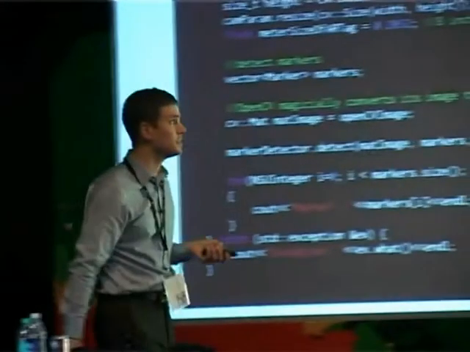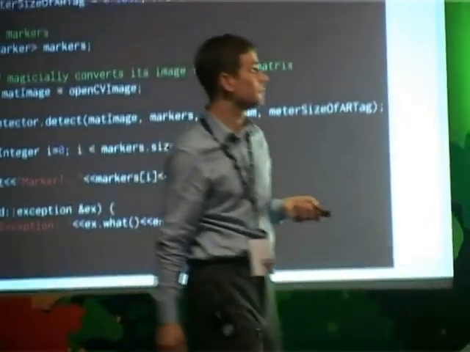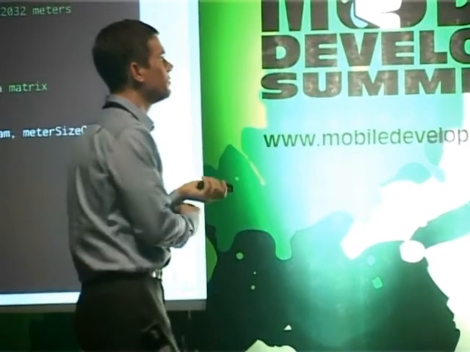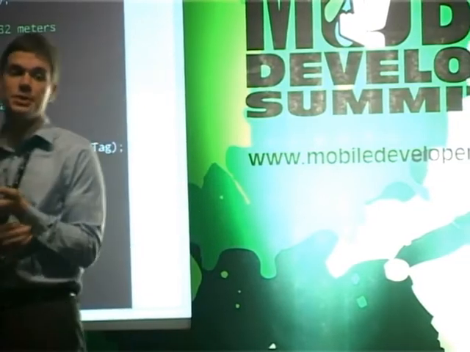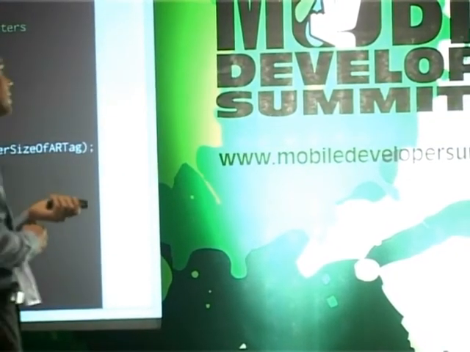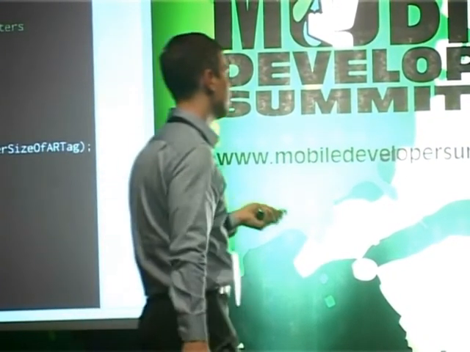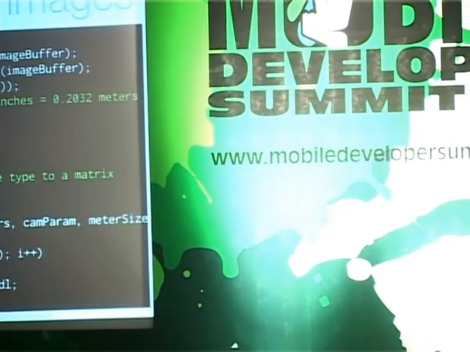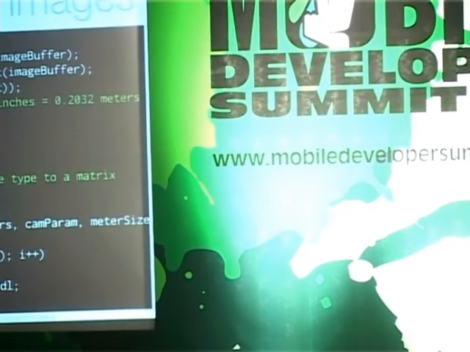So we're shrinking it down, and the reason that we're shrinking it down is that, how do I explain this? Well, suffice it that there's a whole lot of data here, and one of the things that OpenCV is really good at doing is resizing images, and so we chop it down, and then we create a vector of markers, and the marker object in our UCO